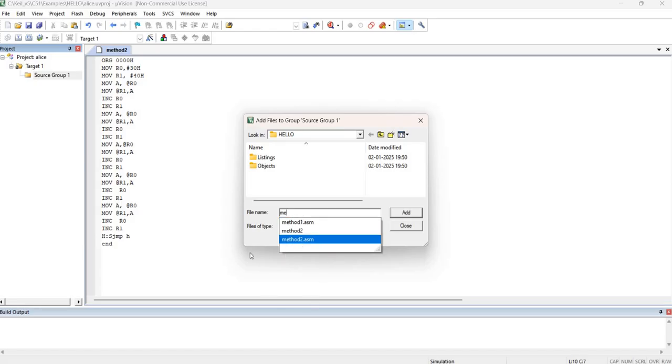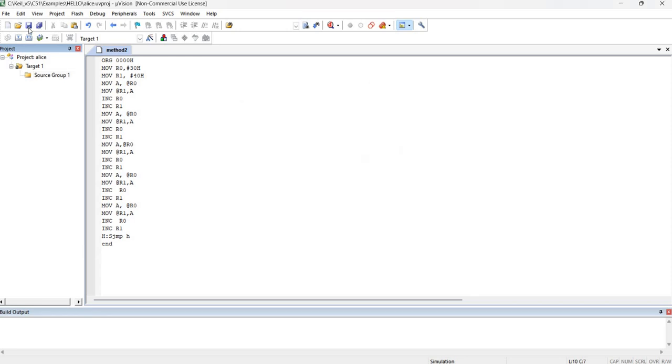2.asm. Sorry, I have not saved this with the extension .asm. So here it is saved as method 2. So you have to close it, save it once again. Go to file, save as